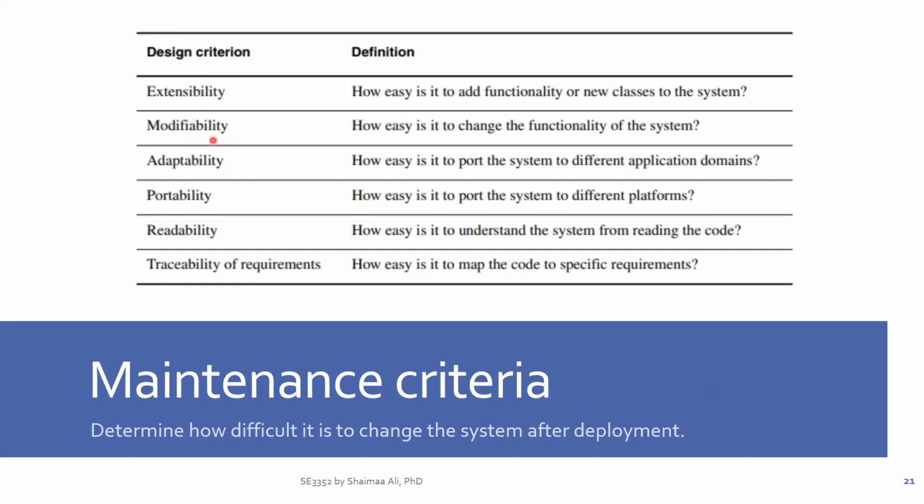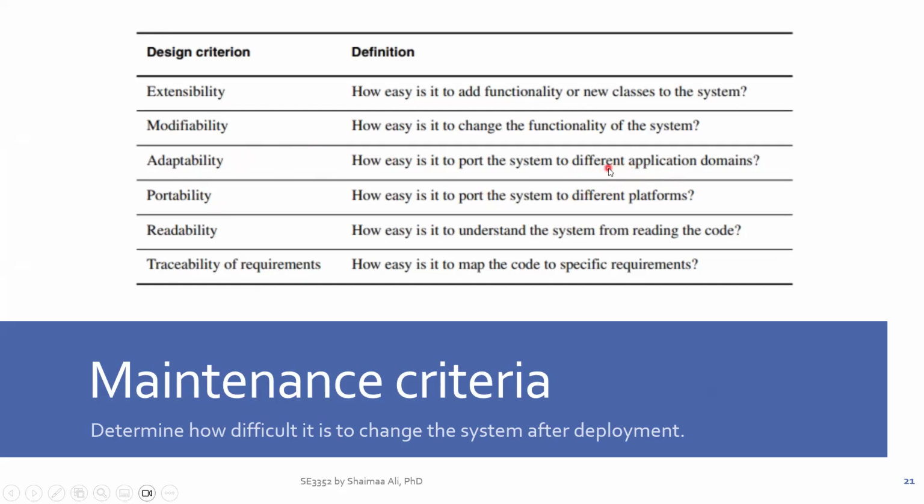Modifiability, how easy it is to change what was already implemented. Now, adaptability, how easy it is to adapt your system into different environments. Okay. Portability, how easy it is to port the system into different platforms. Okay, so you see the difference between adaptability and portability. Here, the keyword, different application domains. Okay, so here it is adaptable to different